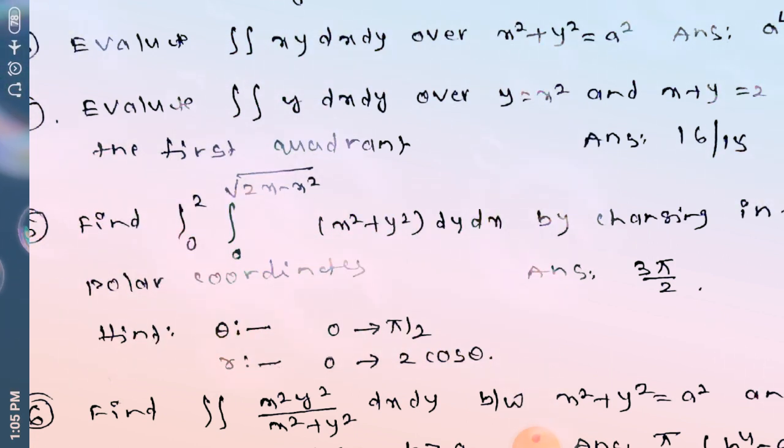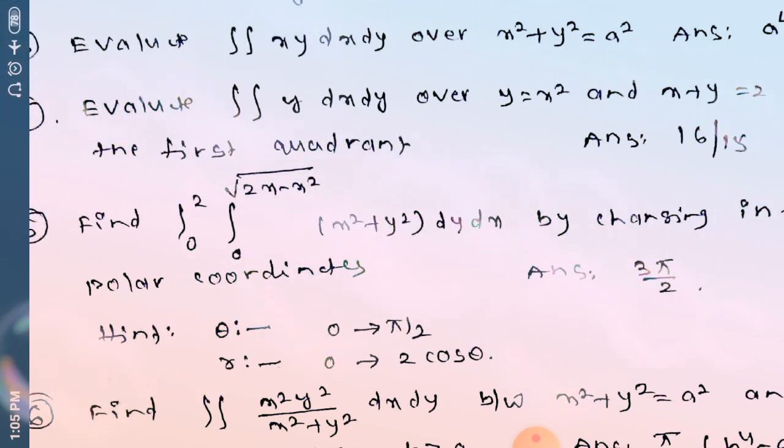You are going to get one more r value, which is nothing but 2 cos theta in your given equation. So it is root of 2x minus x square. From that you are getting r limits are 0 to 2 cos theta. So just you do the simplification. First you do the integration with respect to r, then substitute the limits. Just on making the simplification, finally it is cos power 4 theta.